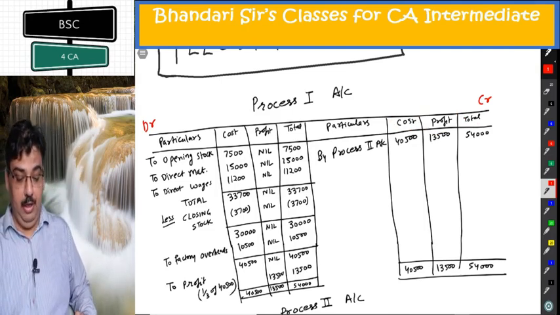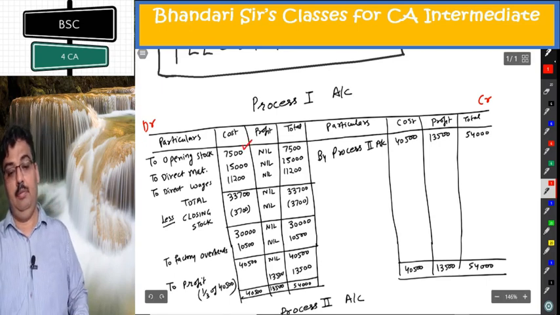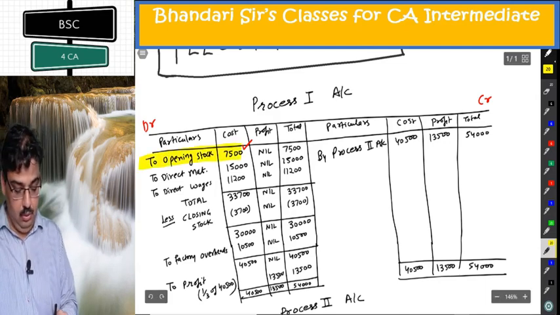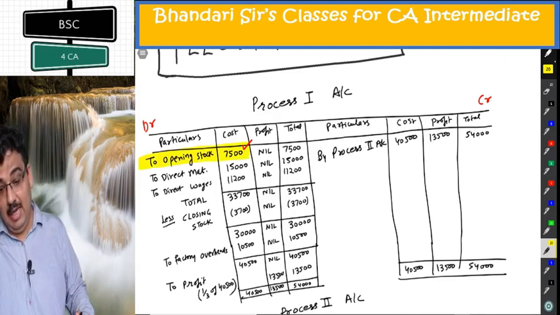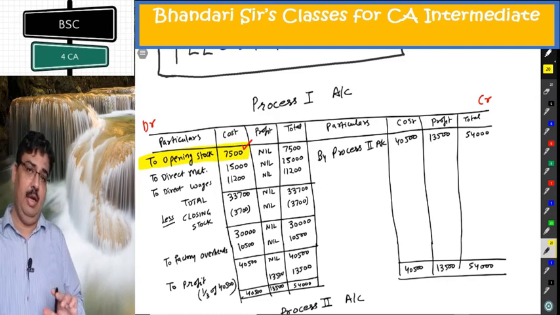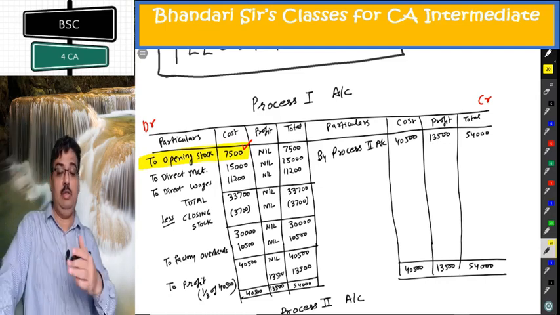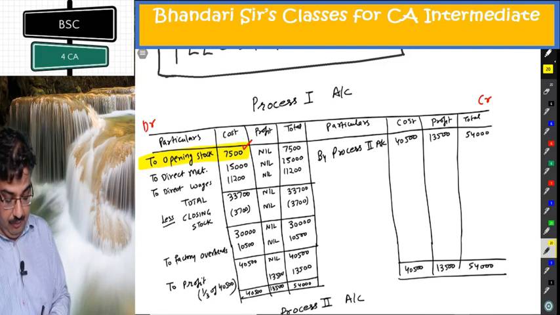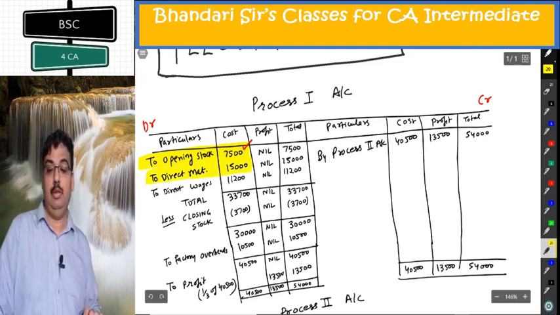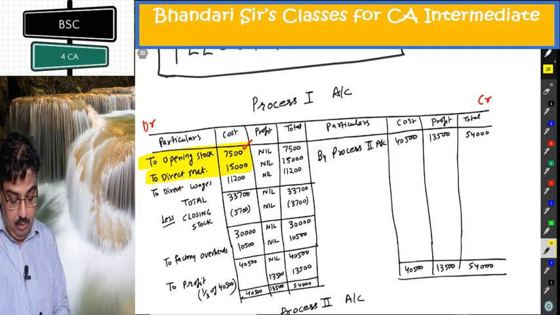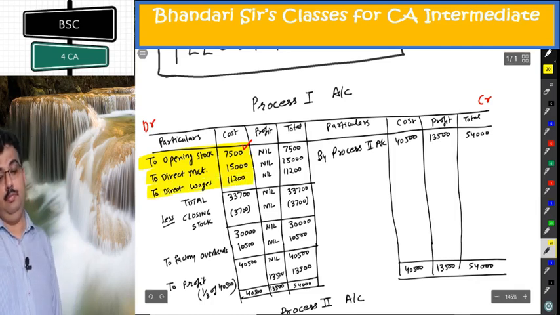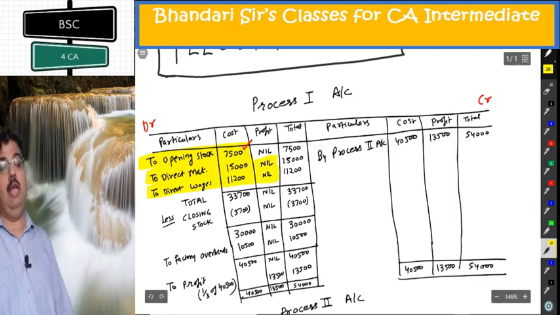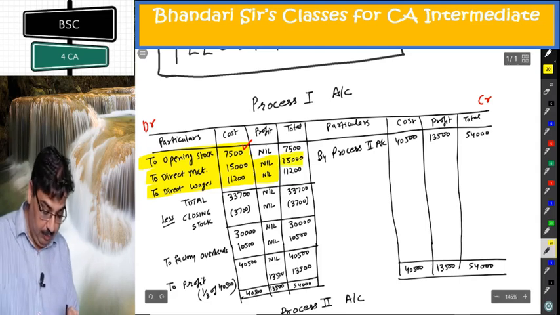First thing you are given is opening stock. I put it here. I'll keep reading from your question and keep marking here. To opening stock 7,500. Second item, materials 15,000. I'll keep putting a yellow marker on whatever is read from the question. Calculations I'll explain separately. To direct materials 15,000. To direct wages 11,200. Now be sure in these two items there can never be any profit, so always they are going to be equal.